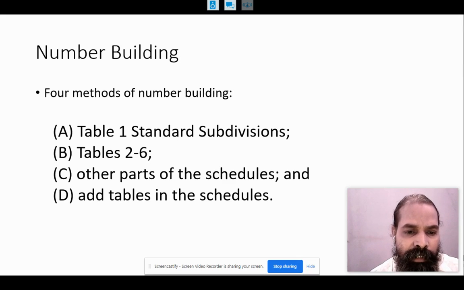The table one, that is standard subdivisions, are used generally, and it is a widely used topic. And tables 2 to 6 are also used, and the most important number building method is where other parts of the schedules are brought together and a number is coined. And the last and final technique is adding tables in the schedules. So different tables are added together